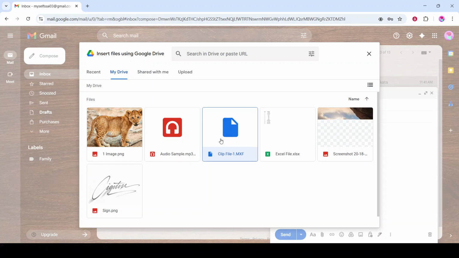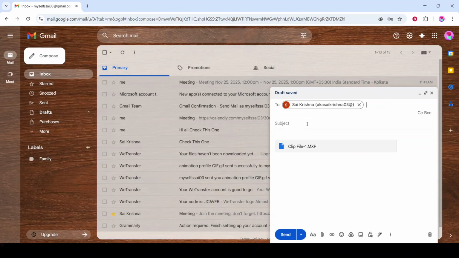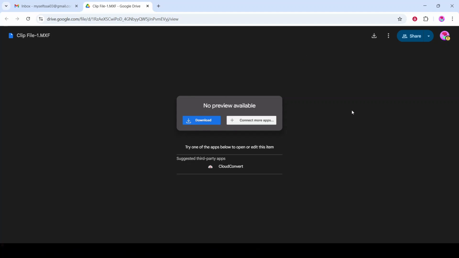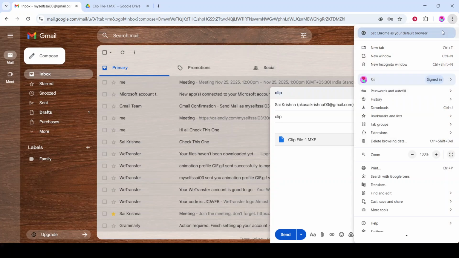to your email. Before sending, make sure your recipient can actually open the file. Click the link settings or share in Google Drive and set the permissions so that anyone with the link can view or download. Leaving it on view only prevents unwanted edits while still letting people watch or save the file. If you're on a work or school account, your organization may restrict sharing outside the domain, so double-check that setting. A quick way to confirm access is to open the link in an incognito window and see if it loads